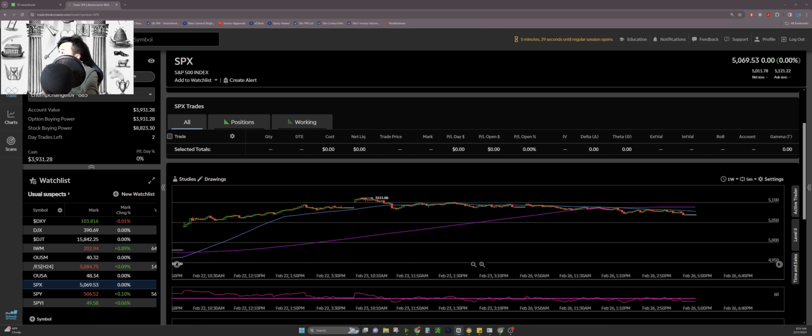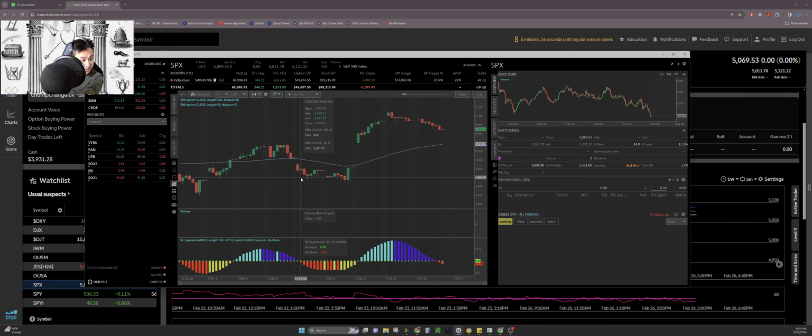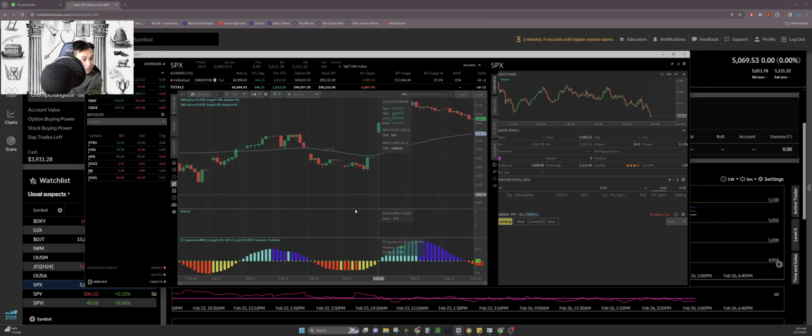We want to do 1 week. In this case, I can only do 2 weeks. That's okay. So, using this aspect ratio for the SPX,